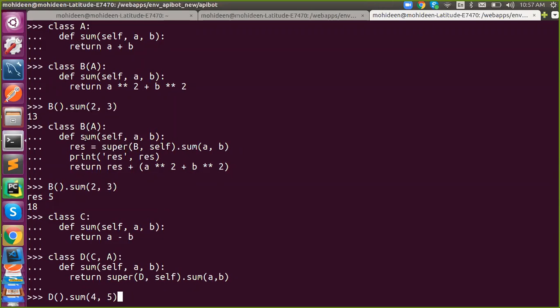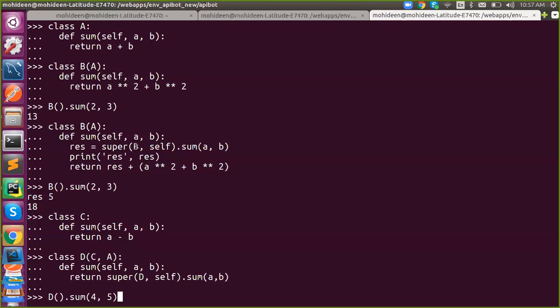I mean, if it is the same. So you all know we have a sum method already in class A. What happens if you define the same method in a derived class? It will override, right? But with the help of super class, we can access the superior method, I mean the previous, the base one, or if it is multi-level, that is the superior. Otherwise you will get confused about whether it is a base or anything. So for B, the superior is A. We can access the superior method before it gets overridden. So that's why I'm using super.